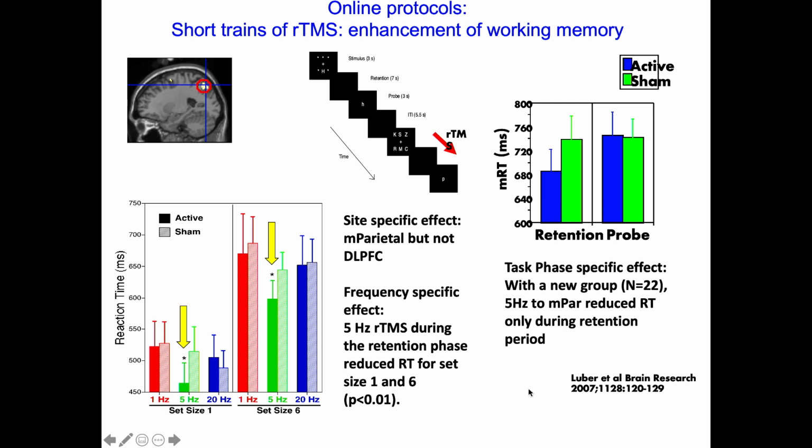So you can play with trains of TMS, and you can create enhancement or disruptive effects with those trains if they're placed at the right time relative to how the task is going on, in the right place in the brain, and with the right frequency. So this is an example of an online protocol that is directly, acutely affecting